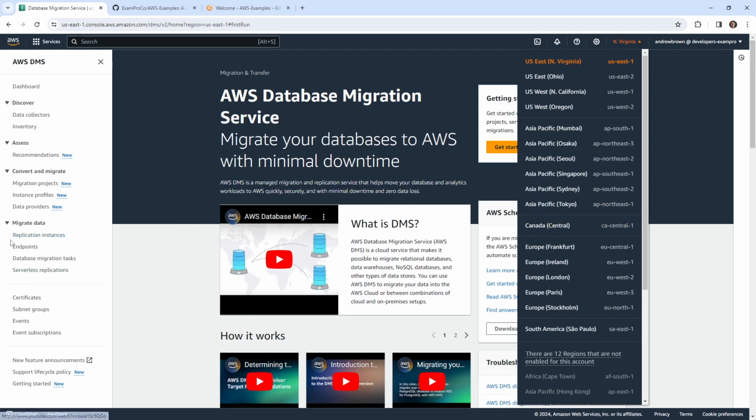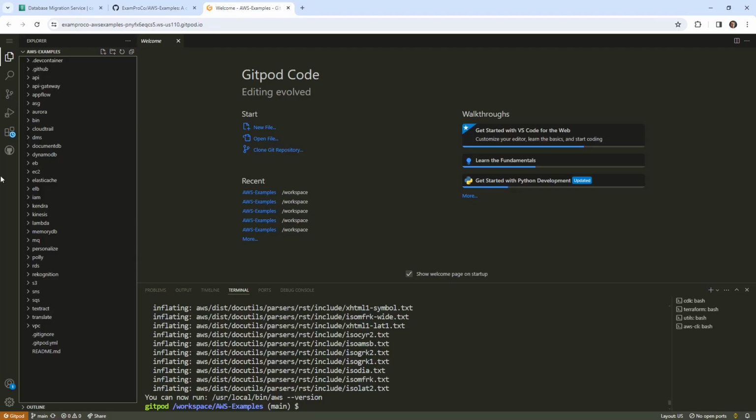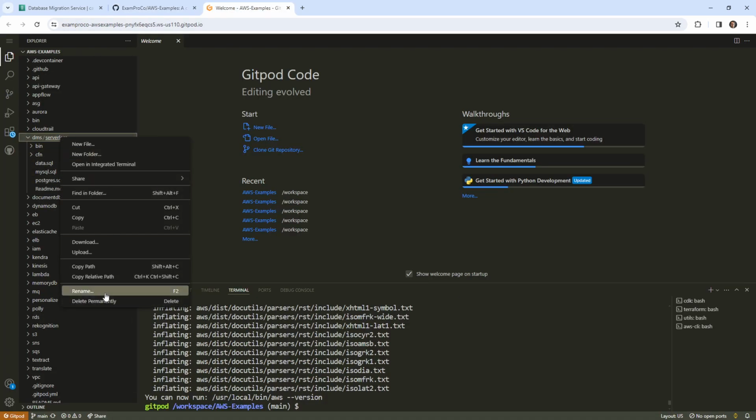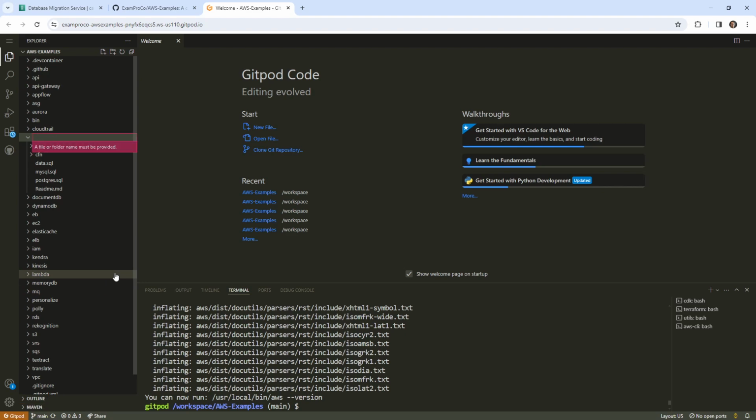here in this video. I made several attempts to do serverless replication. I'm not getting the performance I'd like, so we're actually going to do a replication instance, despite this folder here being serverless. So I'm going to go into my DMS directory in our common AWS examples repo, and I'm just going to rename this to instances, because I'm not doing serverless. There's not a huge difference between serverless and instances, but I think we're going to get a much more reliable and quicker experience. And if we want to test the endpoints for our source and target, we have to spin up an instance